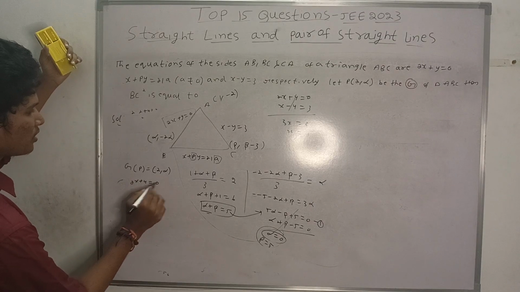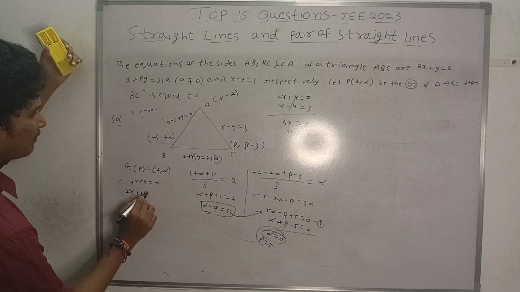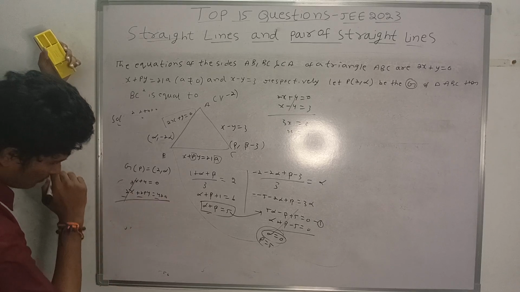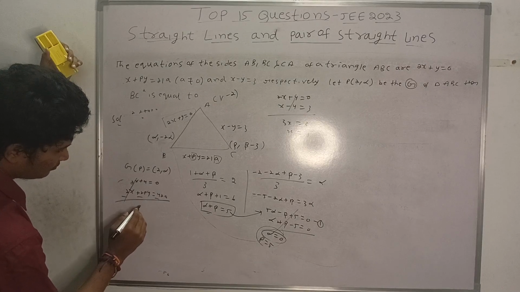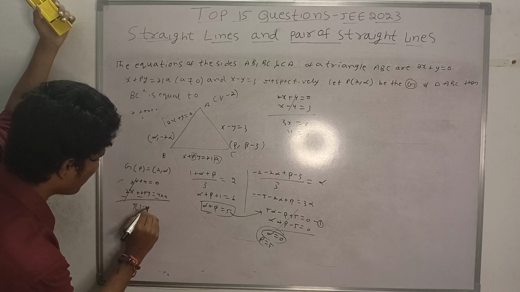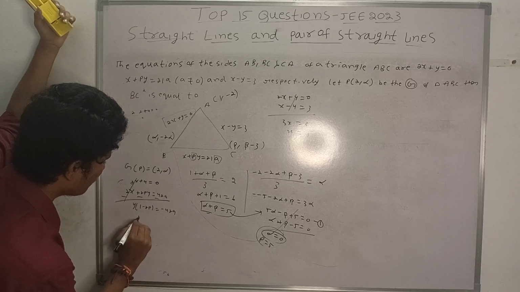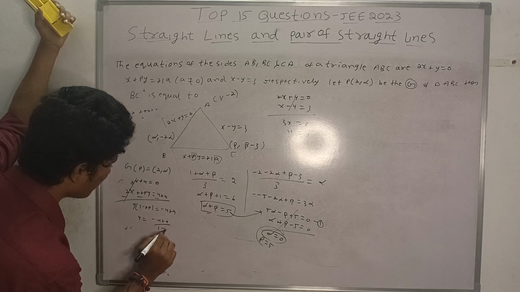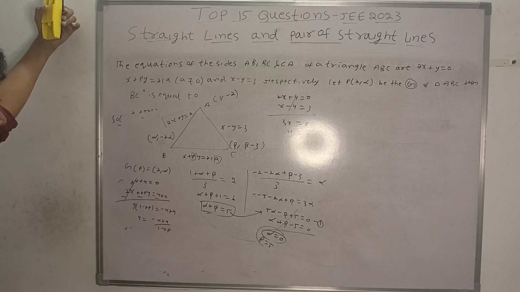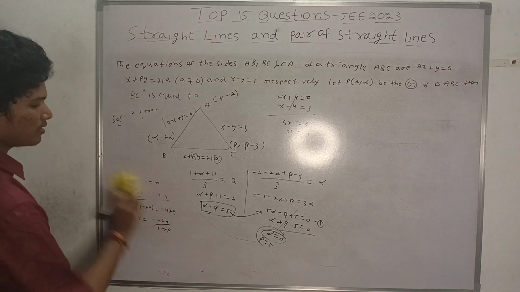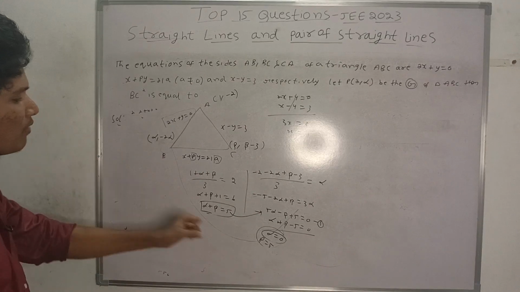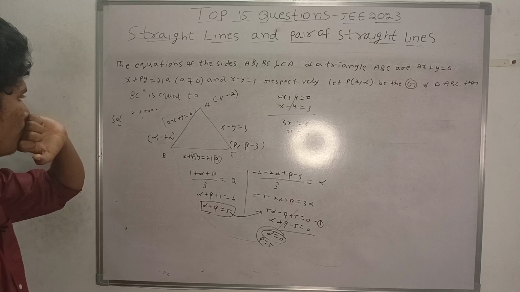Two x plus y equal to 0. 2x plus 2p y equal to 42a. One minus 2p equal to minus 42a, y equal to minus 42a by 1 minus 2p. Yes, this is a big process here. You can directly solve like this only, but why we are getting alpha equal to 0? Alpha cannot be 0.